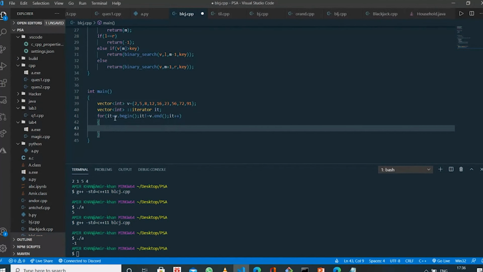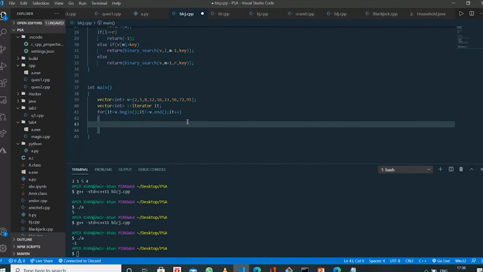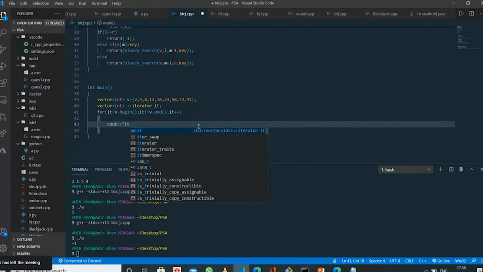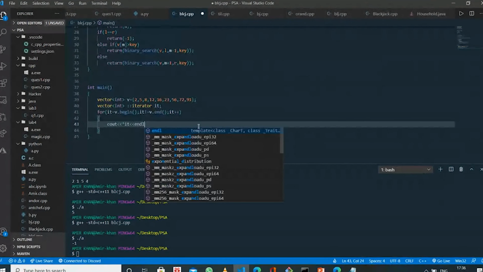So what is this? This is an object pointer, so we need to dereference it. So cout star of it, endl.